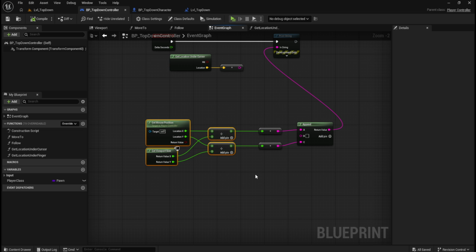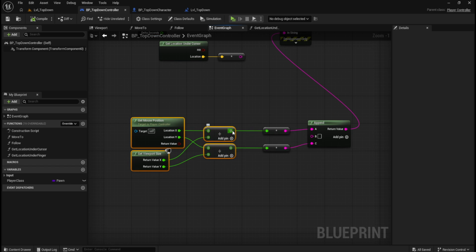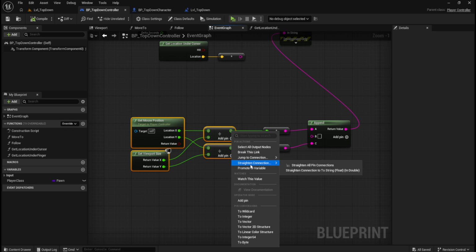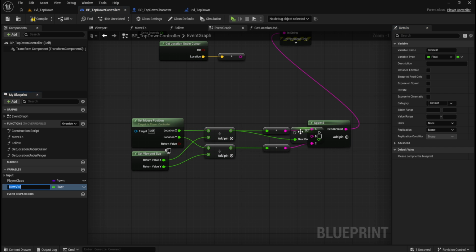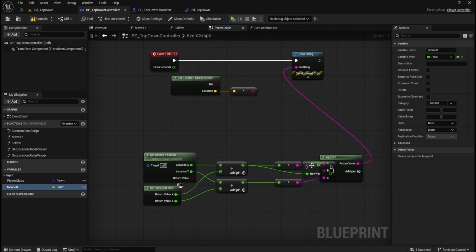So let's do that. If we promote that to a variable, and call that mouse pos x, and then